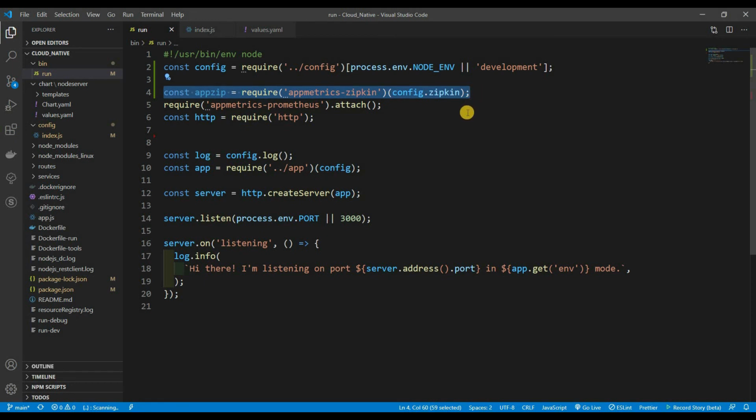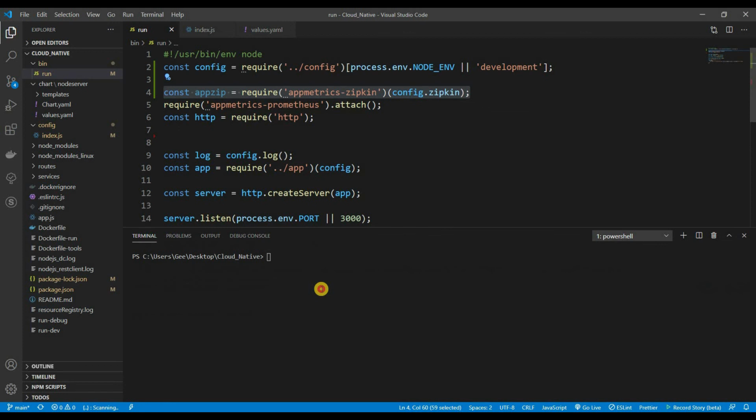Okay. Now, to actually test that we did it correctly on our localhost, we are going to be running Zipkin locally on our machine. Luckily for us, they have a Docker image that we could use. So if we just type in docker run, don't worry about it. If you don't have it, it's going to install the image first and then run the image. So just type in docker run -d -p, because I just want to map my ports to their ports, so 9411 to 9411. And we're going to be grabbing the image openzipkin